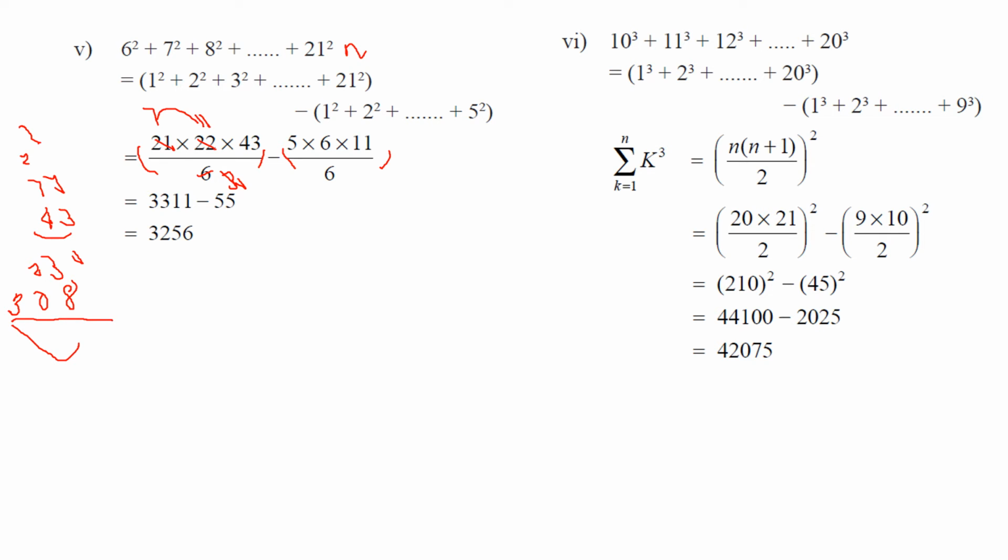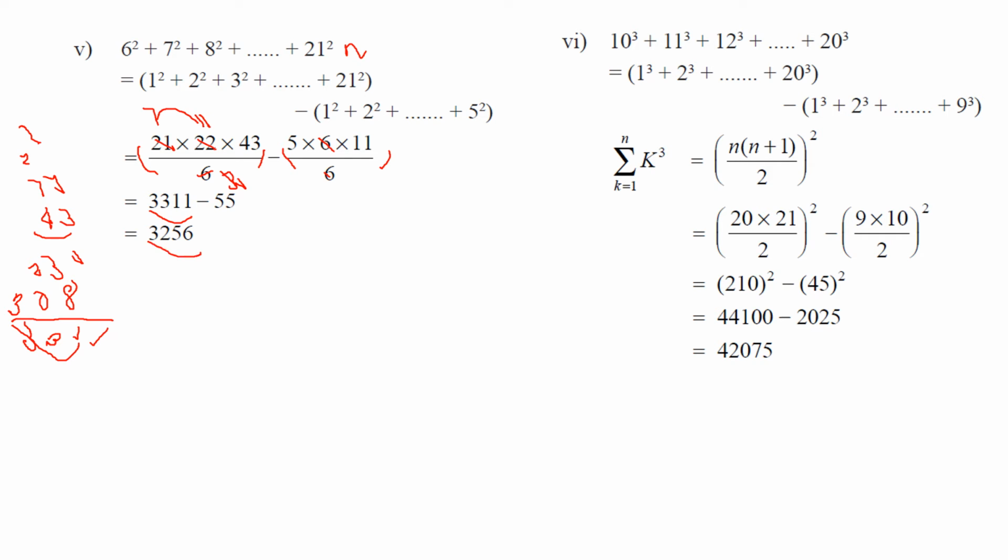So 1, 8 plus 3, 1, 3 and 3. So 3, 3, 1, 1 is the answer. Here 6, 6 cancel one time. 5 11s are 55. So 3, 3, 1, 1 minus 5, 5 equal to 3, 2, 5, 6 is the